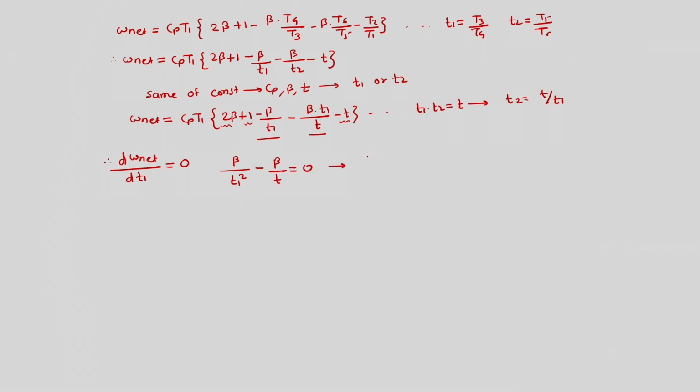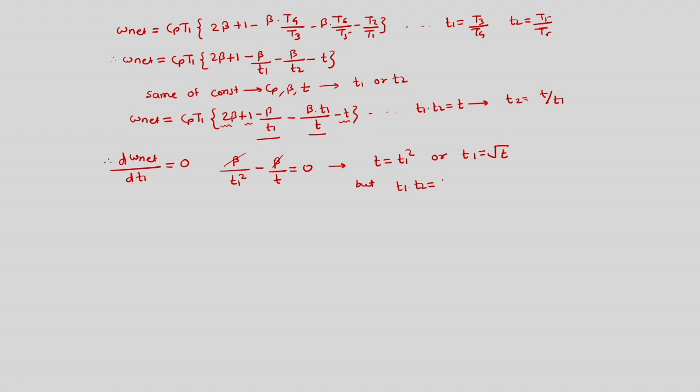So this leads to the fact that beta beta would cancel. So T is equal to T1 square, or T1 is equal to square root of T,